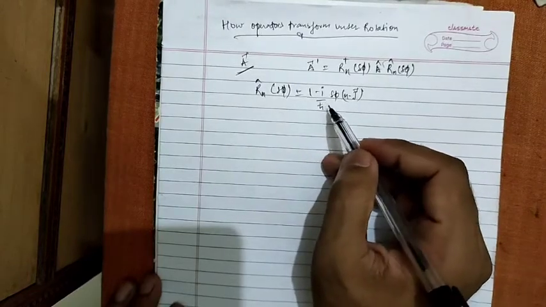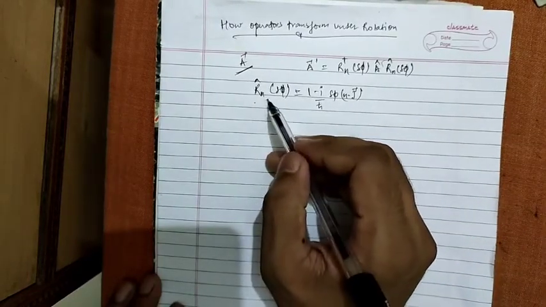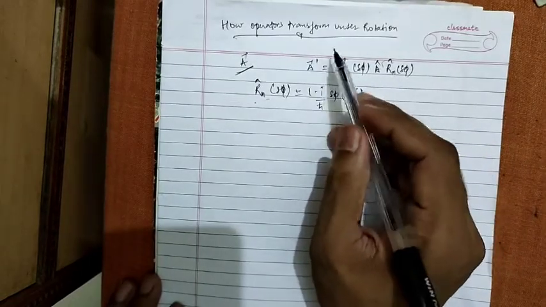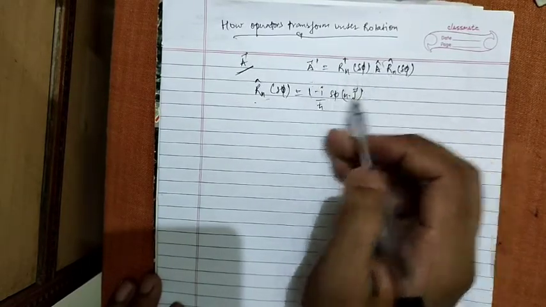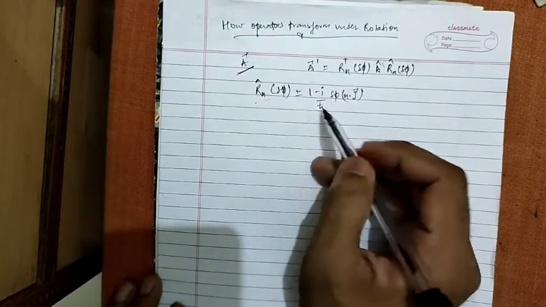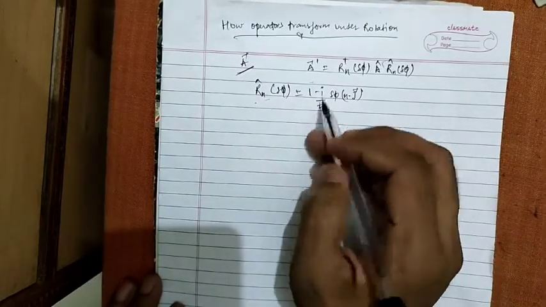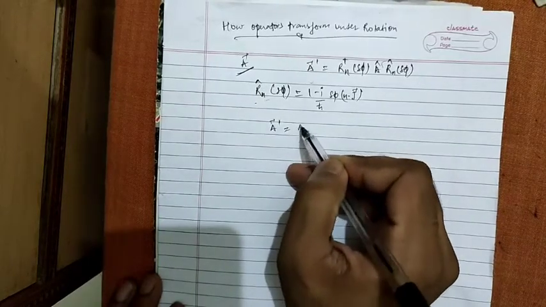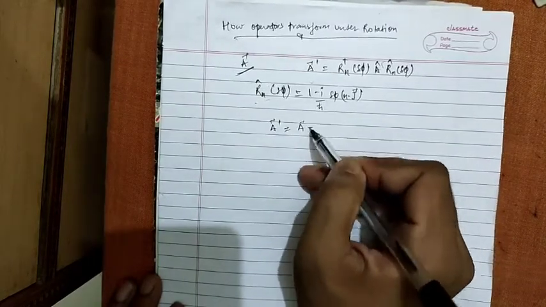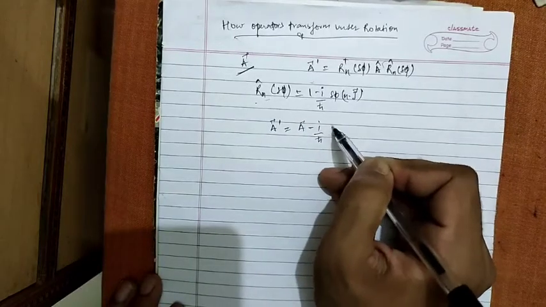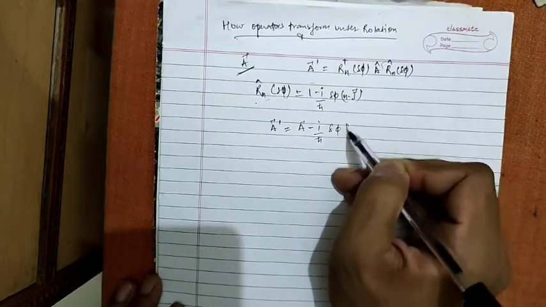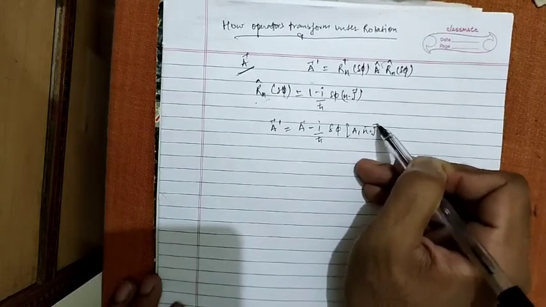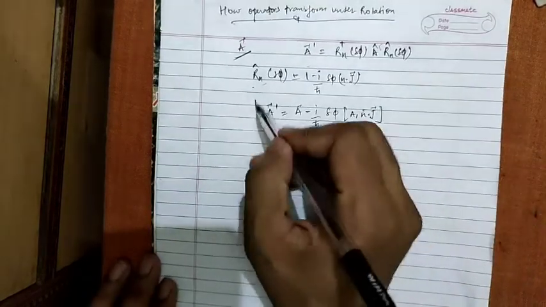Okay, now substituting the value of the rotation operator on both sides to get the transformed operator, we come to know, with a simple calculation, which I am leaving to you, that it gives us A dash equals A minus i by h cut del phi times the commutation relation of A with n dot J. Okay.